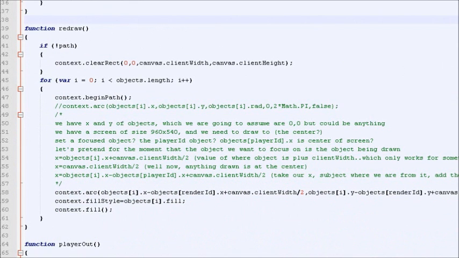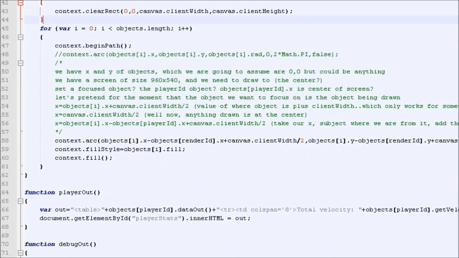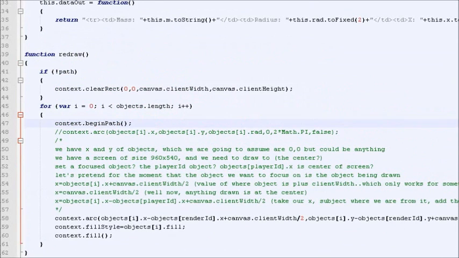Then we have the draw function. And in the draw function, first of all, we check if we're pathing or not. If we aren't pathing, we clear the canvas. If we are pathing, it ignores this. We step through all the objects and we begin path, because that's how you start a new object, else it